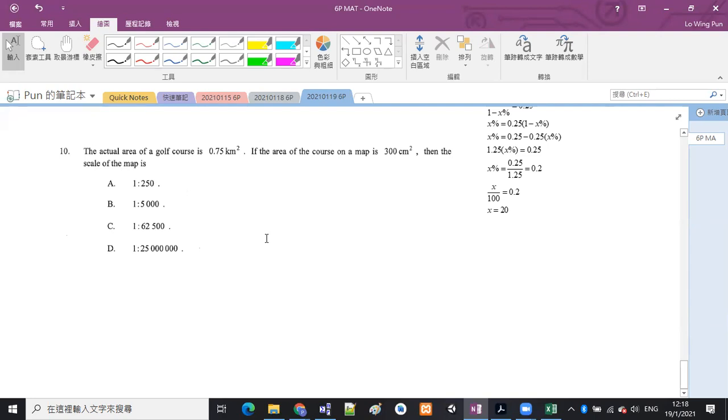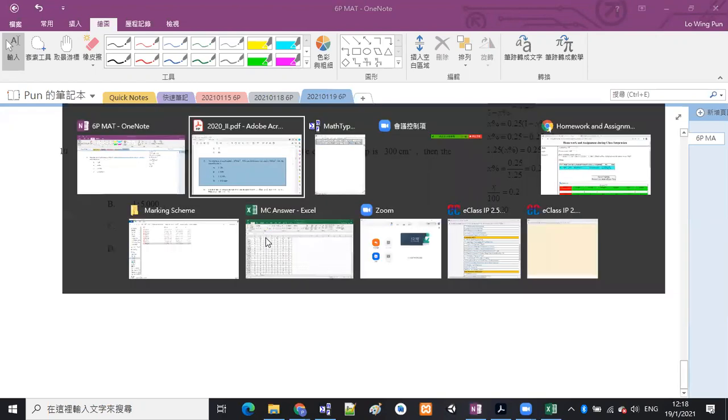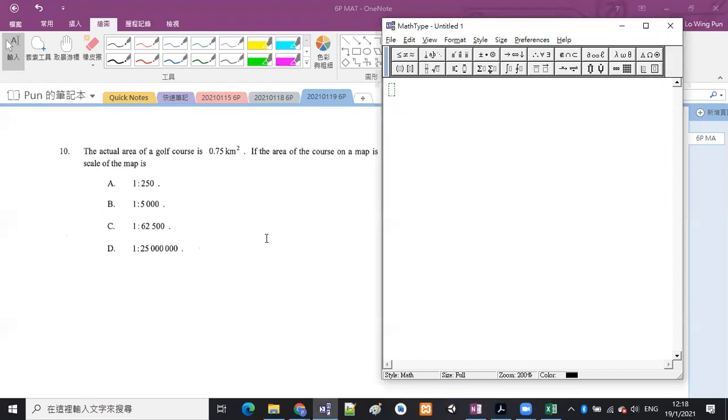If the area of the course on a map is 300 cm square, then the scale of the map is what? 今次呢題比較少問呢一樣嘢，就係問翻個 scale 嘅比例。地圖上面嘅面積比例，我哋永遠都係用 A1 over A2, area 1 over area 2 is equal to bracket length 1 over length 2 bracket square 嚟開始。